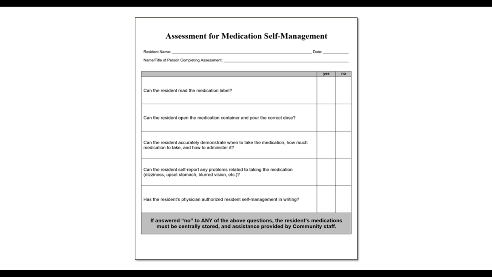And you can see it's just 4 or 5 very, very easy questions. It's things like, can the resident read the medication label? Can the resident draw, pour, etc., the medication? Can they accurately demonstrate their ability to self-administer? Can the resident self-report any problems or adverse effects from the medication? So simple questions. Really only takes a few minutes to sit there and watch the resident take their insulin and